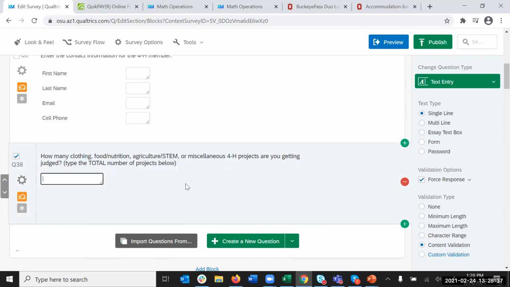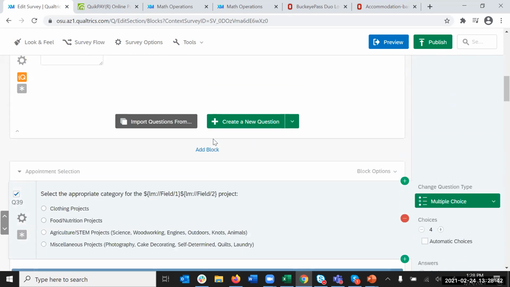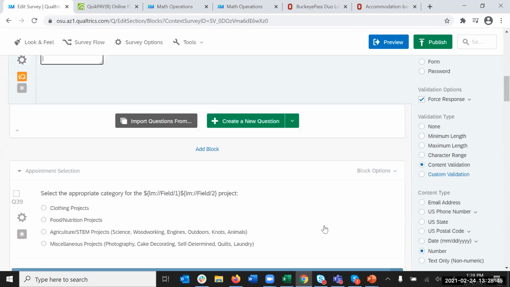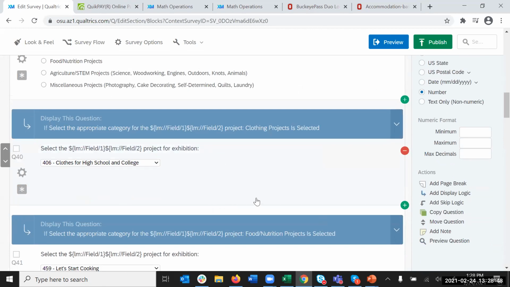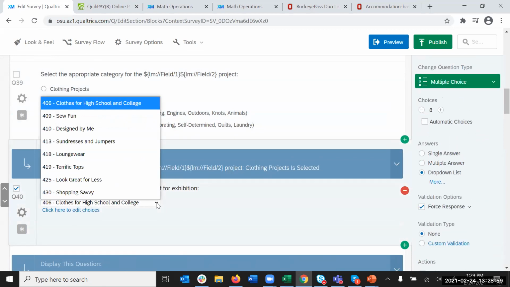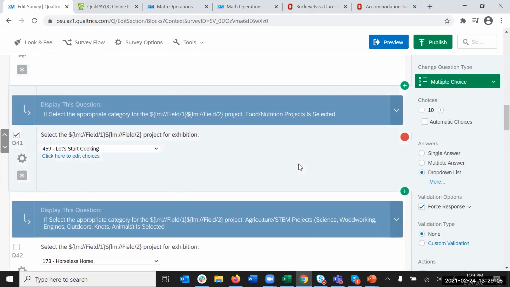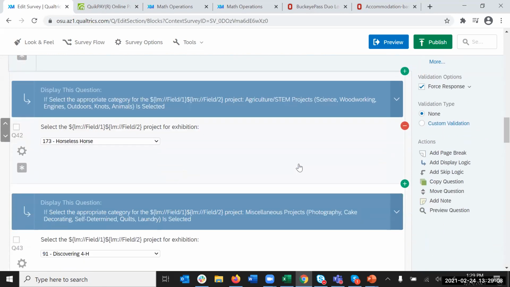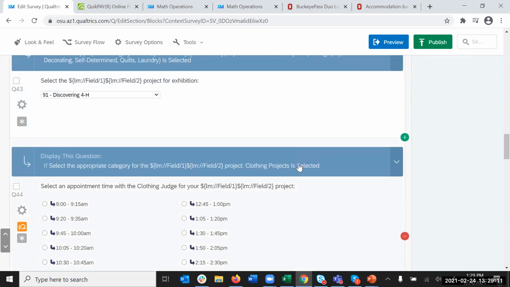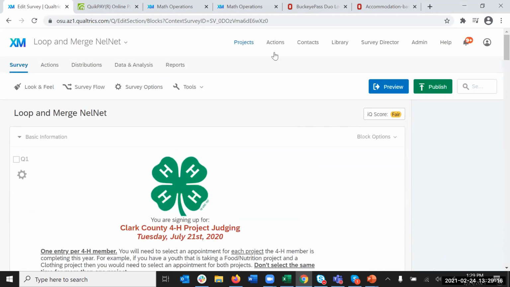And then for each of those, based on how many you put in this field here, you would see multiple different questions. So this one would say, if you had selected a clothing project, then you would see the different projects that would appear for clothing. And then they could select that project, and then they could select if they have any food and nutrition projects. So this was a very elaborate way to set up a loop and merge. I want to show you a more simple version of a loop and merge,